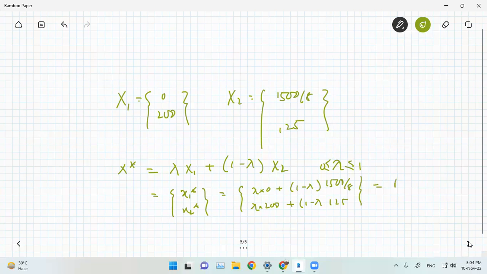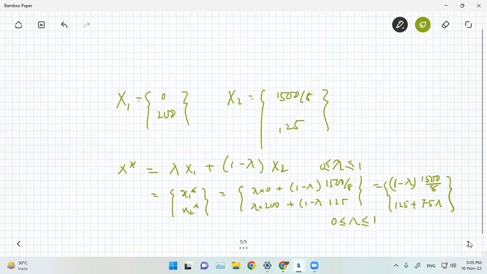Simplification will give us 1 minus lambda into 1500 by 8, and 125 plus 75 lambda. Since we already mentioned that the lambda value ranges from 0 to 1,